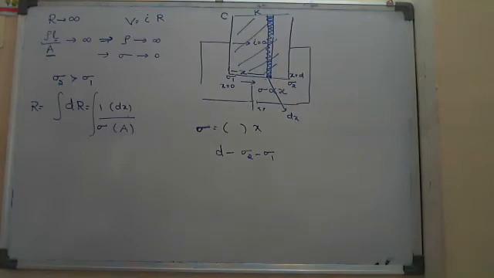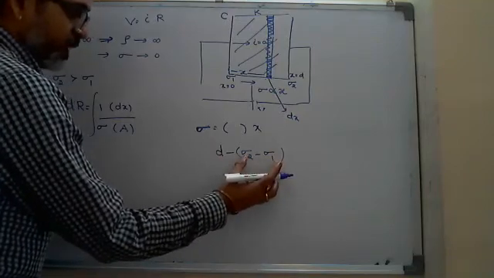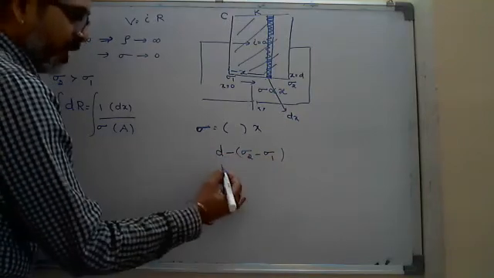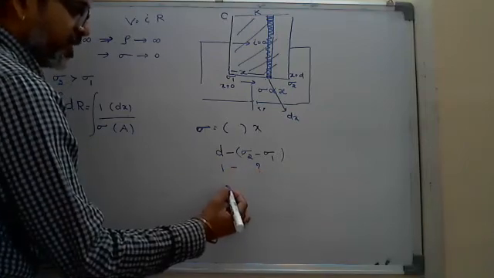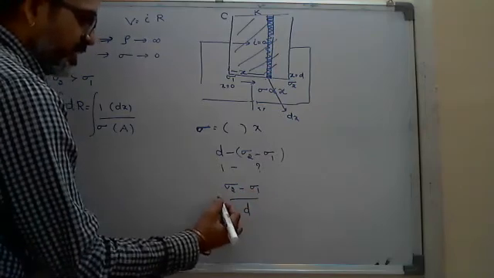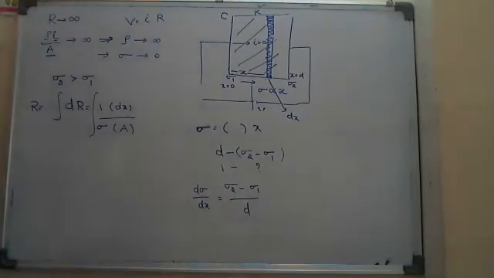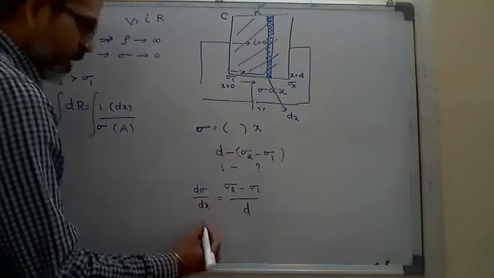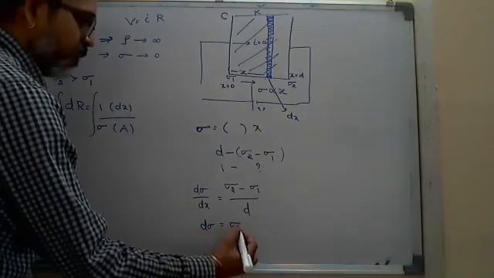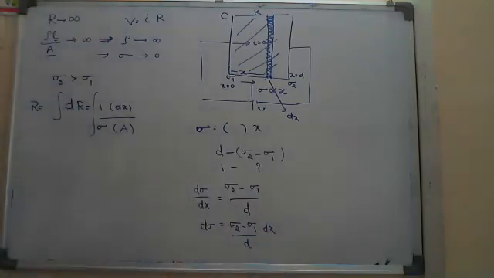So this is dσ, the change in the value of sigma for the length d. Per unit length, generally we write this as (σ2 − σ1)/d. It appears like dσ/dx. So dσ we can write here as (σ2 − σ1)/d into dx. Yes, correct. But what we require is the problem here.